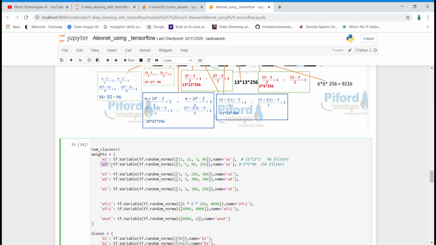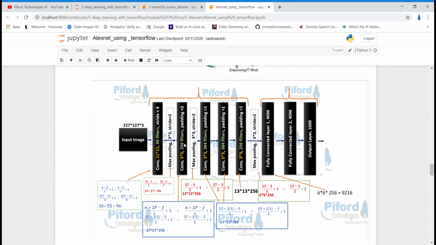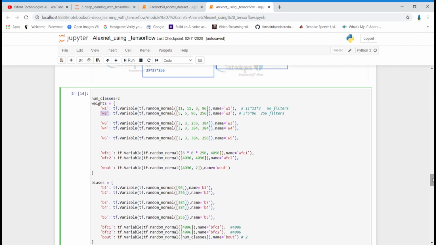Again, we have W2. Now let's see the second convolutional layer. What is the filter size? 5 by 5. And how many filters do we want? 256 filters. The output of the first convolutional layer becomes the input of this layer. Now let's see the weight of the second layer. Filter size is 5 by 5, but over here we have 96 as the number of channels. Why?